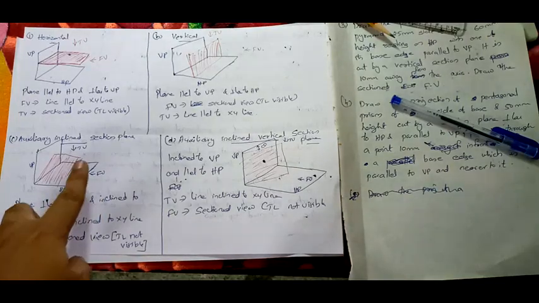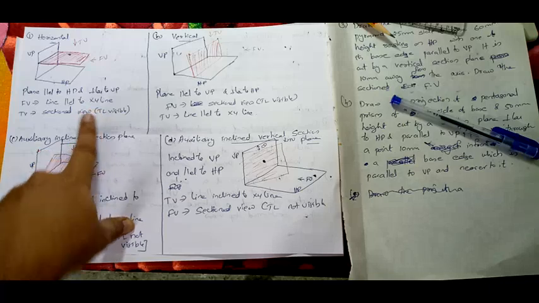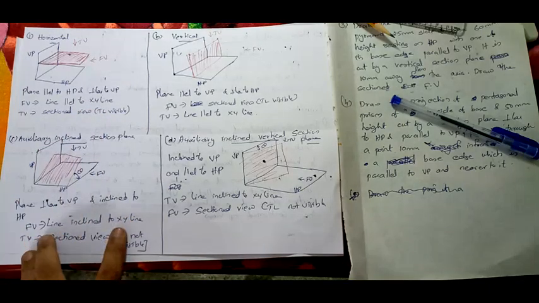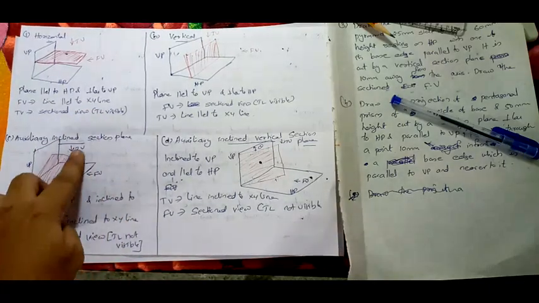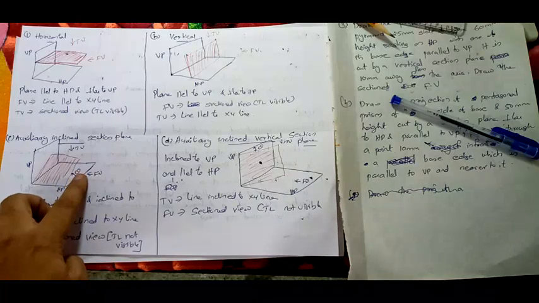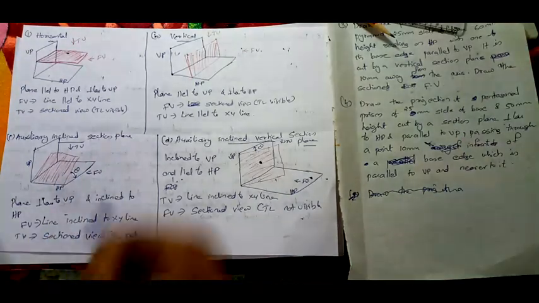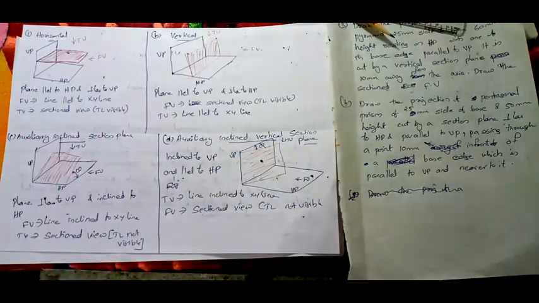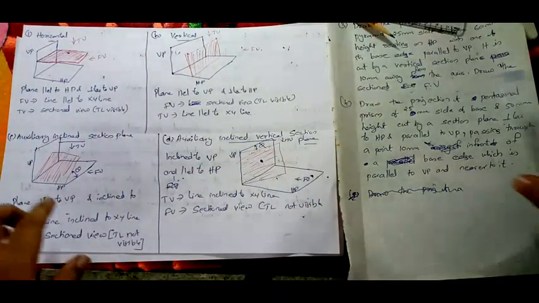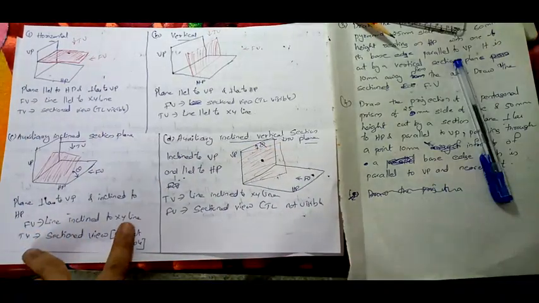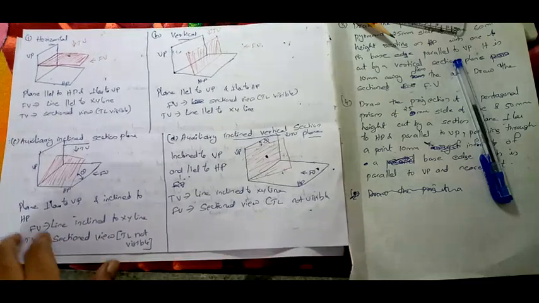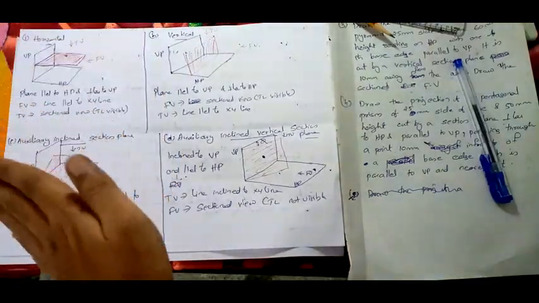Now the front view, earlier it was parallel to the XY line. Instead, that line is inclined. So if you are looking at the front view from here, you can see this line inclined at an angle theta. The front view is a line inclined to the XY line, and the top view is the sectioned view. From the top view you can see this section, right?